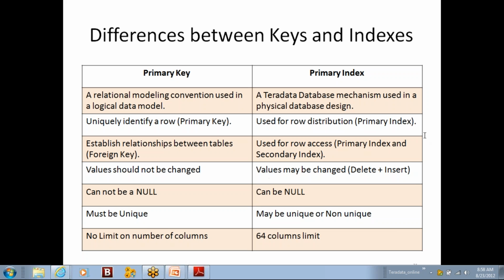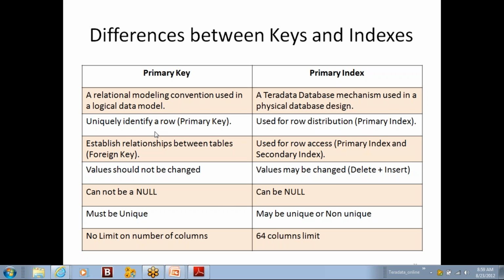Hey Manohar, the difference is very much clear. But my question is, we will be having primary keys and foreign keys whenever we implement a warehouse using Teradata, right? Have you seen the primary key implemented in a data warehousing project on Teradata?